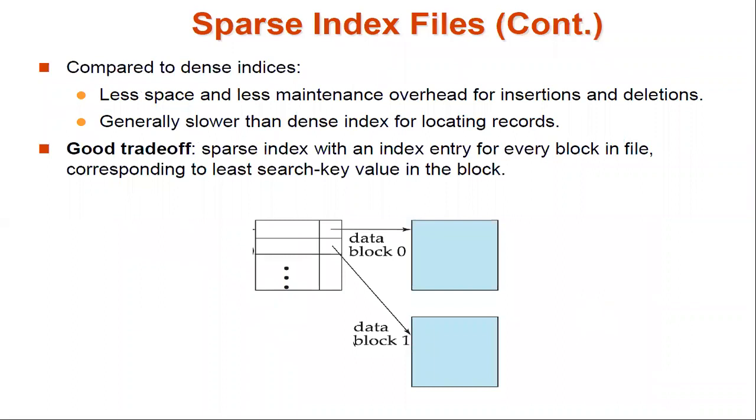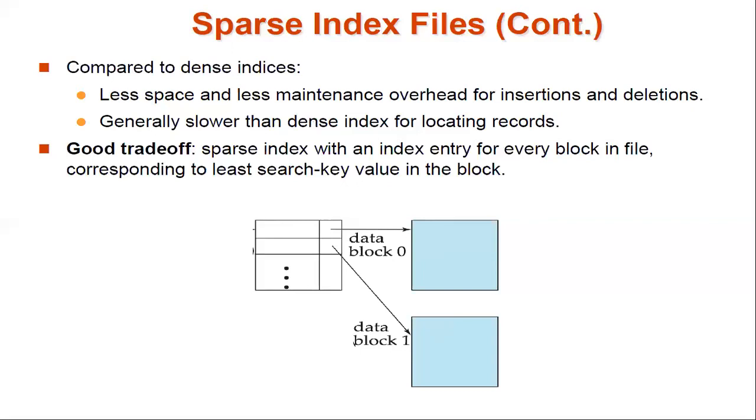In the sparse index, the other method is that you can consider a block. In the block, a set of records will be saved. If you want to find a particular record in that block, you need to know the starting address of the block. All the block starting addresses will be saved in the index file. So when you look up a particular record in a particular block, you search for a particular index value, and based on that index value you point directly to the particular block. Compared to dense indices, it needs less space and has less maintenance overhead for insertion and deletions.